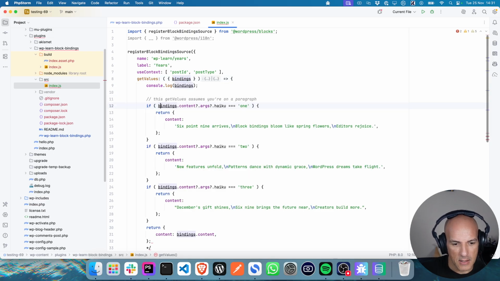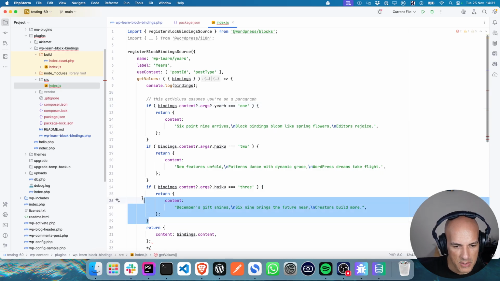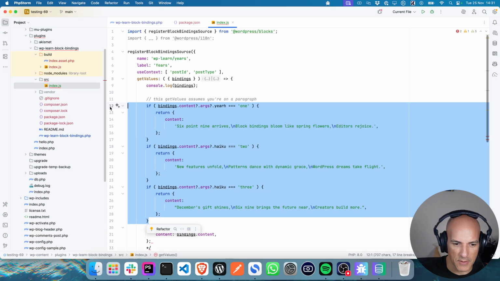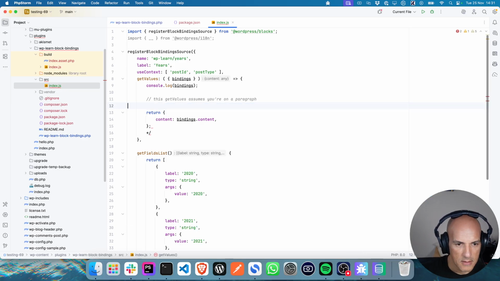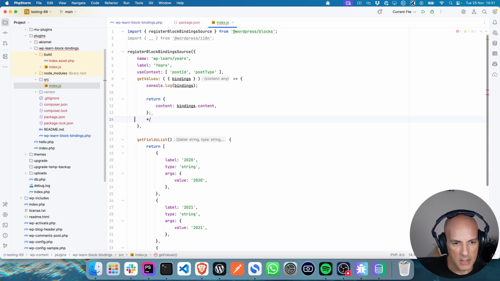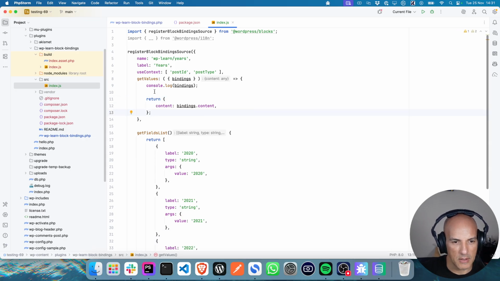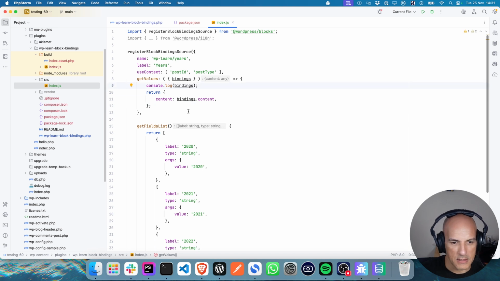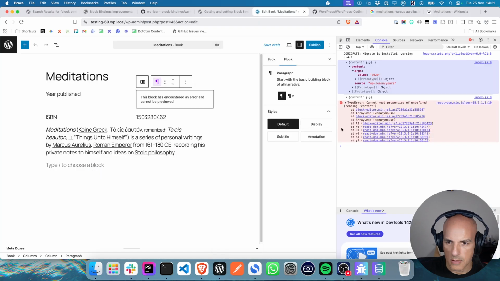So if binding content args here. I actually don't need any of this, because I don't need something different. I just need the year. Okay, so it should just be that, because the year and the label are the same. Content bindings content. Bindings content args value.